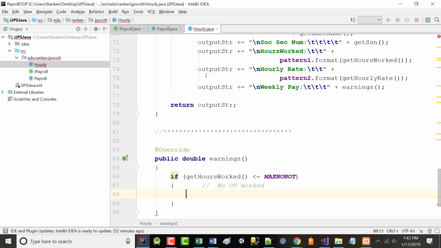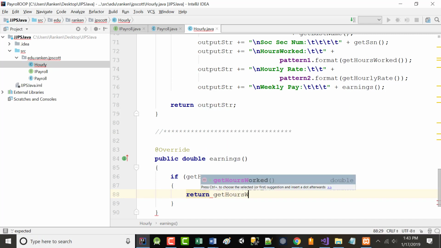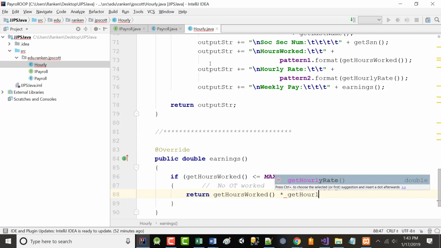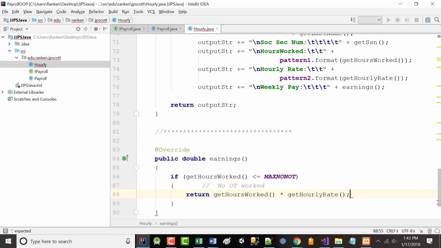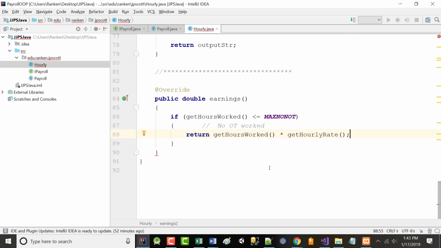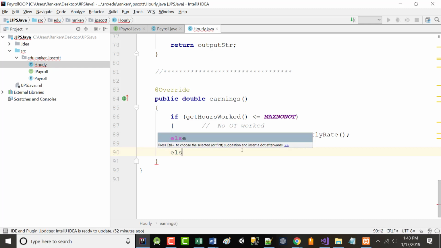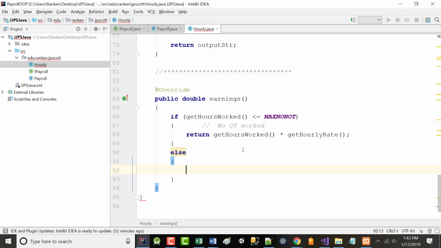So we will just return getHoursWorked times getHourlyRate. All right? That's what we have so far. Otherwise, they did work overtime.